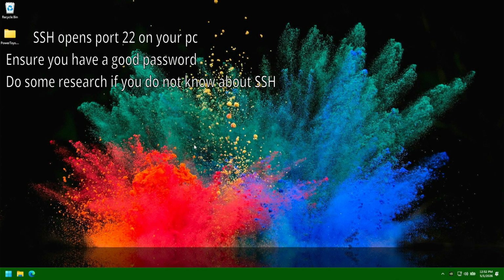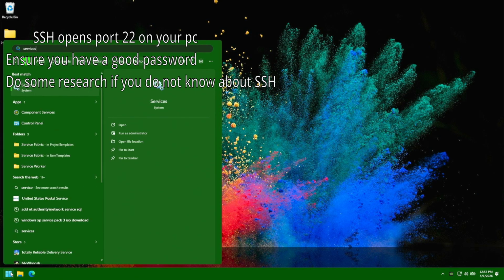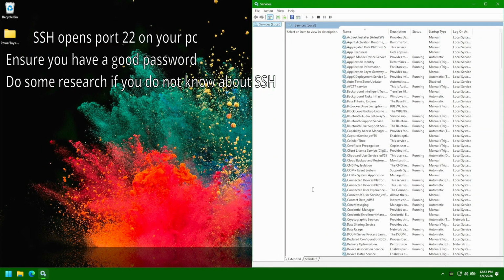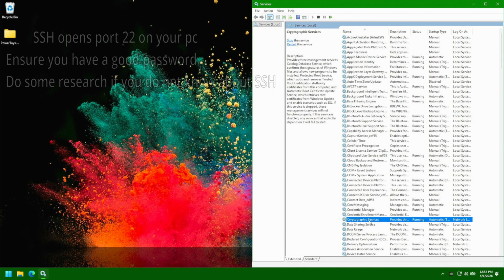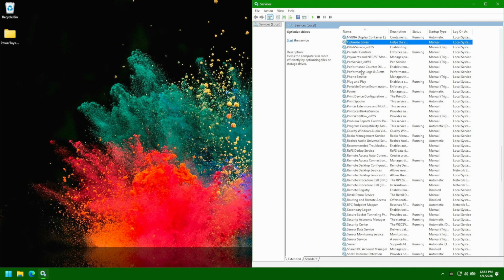To start, we will go ahead and go to the Windows menu and type in Services. We'll expand this a little bit more, and we will scroll down or look for the O section. In my case, I clicked anywhere in the list and hit the letter O on my keyboard, and it took me straight to it. So I can see the only thing in my O section is optimized drives. So in my case, I do not have OpenSSH